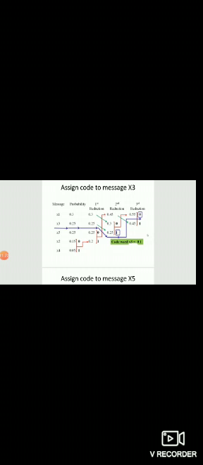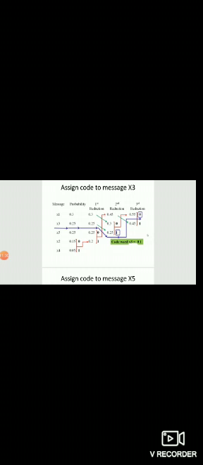Now we have to assign a code in third reduction, because now we have to move from right to left. In third reduction, the contribution of this message x3 is in 0.55 and the code assigned to it is 0. Now we are assigning a code by tracing from right to left, and in third reduction the first digit will be 0, and then its contribution in 0.25 in second reduction, and the code assigned to 0.25 is 1.